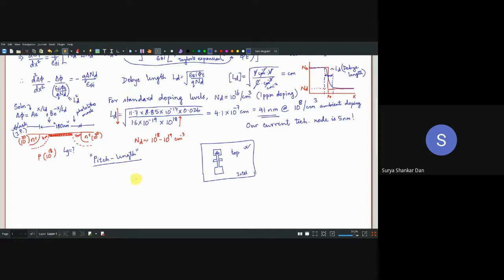Now when you are speaking about memories, we say half pitch length. I am not going into that much detail. If you are working at SanDisk or Western Digital, the memory giants, as a fabrication person, you deal with the half pitch length. Whereas if you are working with logic products, let us say processor technology, then you have to bother about pitch length.